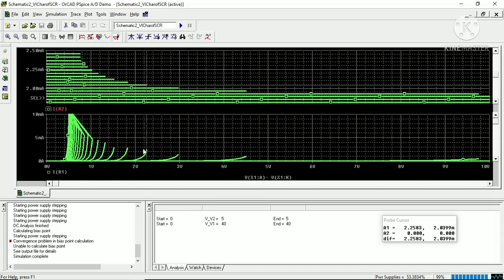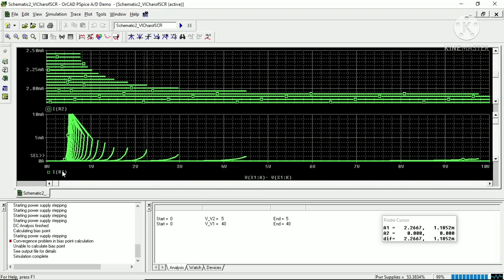Okay, so it is a gate current value, it is in milliampere, while if you toggle the cursor on this window, you will get the leakage current value in the microampere. So this is the difference. Okay, so you can plot the VI characteristics, then you can write its corresponding gate current value also for these characteristics. To make a smooth plot, you can use the toggle cursor over here and note down these values.